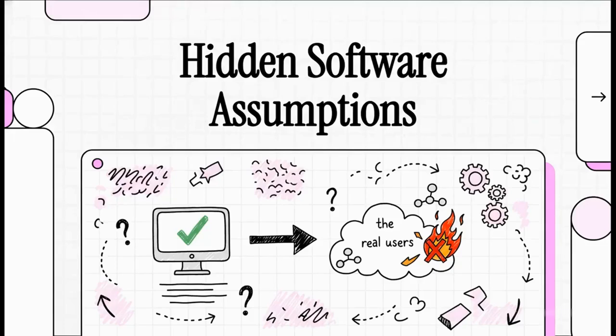You know that feeling, right? You write some code, it works perfectly on your computer, and then the second it gets to a real user, it just crashes and burns. Ugh, it is one of the most frustrating things in development. Well, today, we're going to pull back the curtain and find the hidden reason this keeps happening. And I promise you, it's probably not what you think.